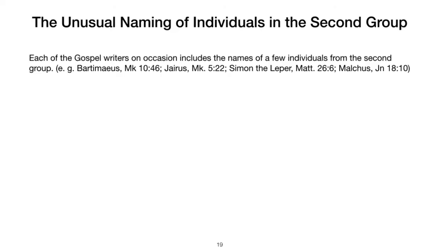So we do get some occasions of people in the second group, what we would think of as in the second group, who fall into this category, but whom the various gospel writers name. So for example, in Mark, we have the story of blind Bartimaeus, and it names Bartimaeus, although we have no more encounters with him. There's the story of Jairus, whose daughter Jesus healed. There's the story of Simon the leper in Matthew, and there's the story of Malchus, the slave, whose ear Peter cut off. And these are people who really have no reason to know their name, it appears, and yet